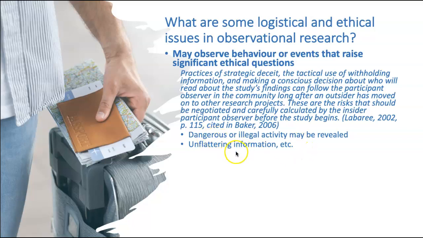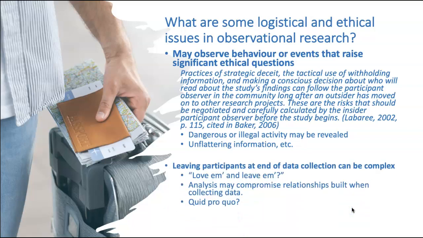Or what if you find out unflattering information, or someone shares unflattering information about another? So a teacher says something unflattering about one of the other teachers in their group or the principal or one of the parents, that sort of thing. What do you do with that information? Do you just discard it? If it's important to your analysis, how do you include it, and so on? So these are some of the questions that can get a little messy when you're dealing with people. It's just the nature of the game.